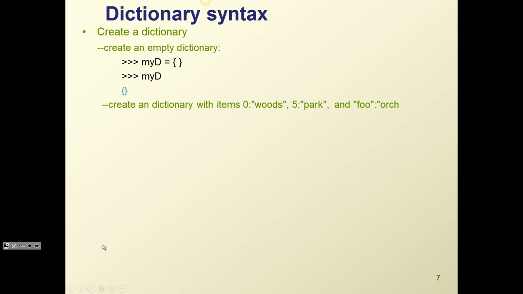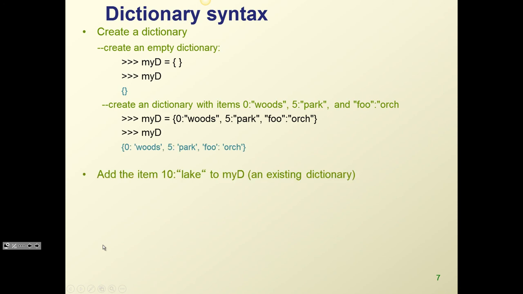To create a dictionary that contains these items, we would surround them by curly braces. To add the item 10, lake to the dictionary, we do this. It's not an append for a dictionary. If you have an existing dictionary and you want to add a new item to it, the notation that you use looks a little bit like indexing